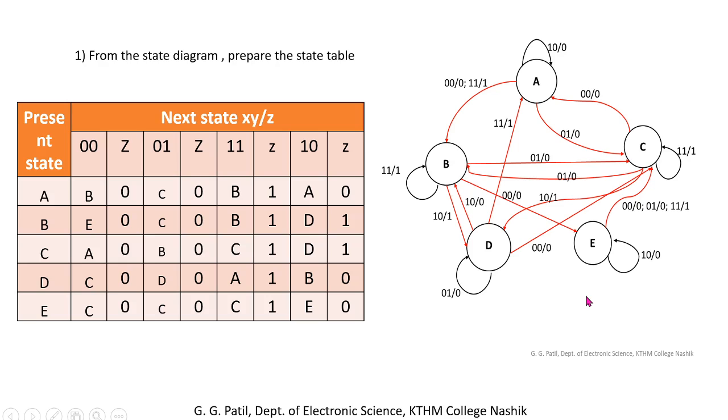In this, careful observation is required, like the number of states which are shown here. So prepare the number of states and the number of inputs. There are two inputs, so we have assigned the variables x and y for the two inputs, and there is only one output, so we have assigned a variable z. In this way, the state assignments are required to be done, and once we understand that, it is very interesting and easy to understand the state machine and state table. Okay, now next,